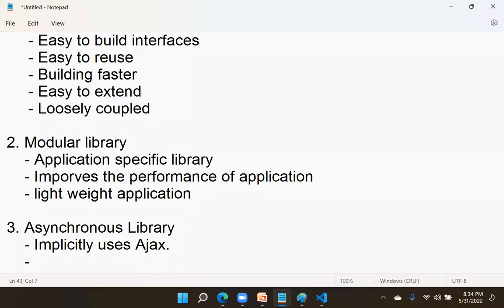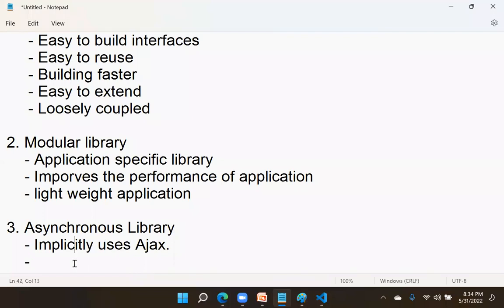It uses Ajax calls. It uses Ajax interaction. Can we use Ajax explicitly? Yes, you can. Is it required? No, it is not required because it is implicitly asynchronous. You can just use the methods which implicitly use Ajax. They can handle everything implicitly.